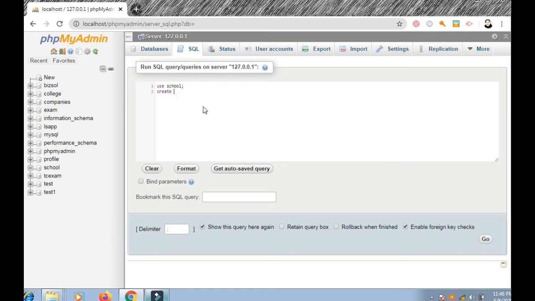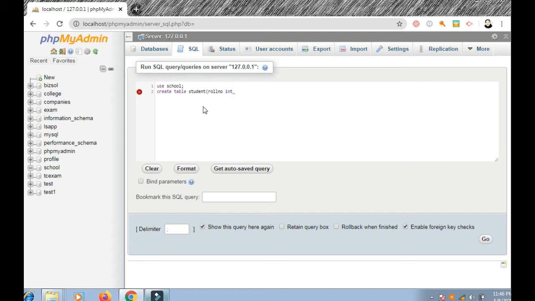Create table student. For the student we have a column name. The column name is roll number. It should be integer.